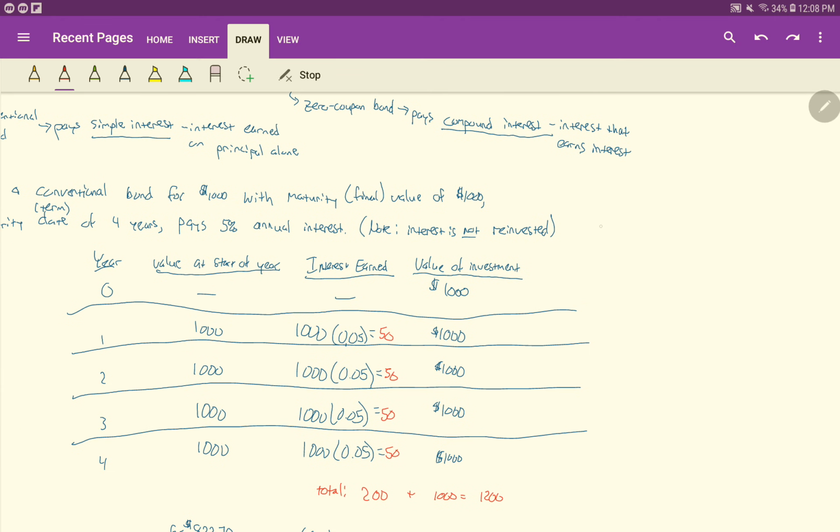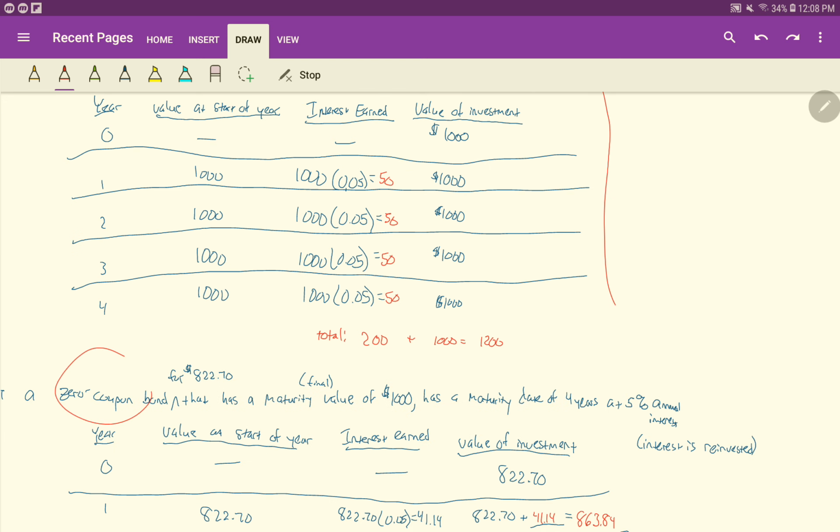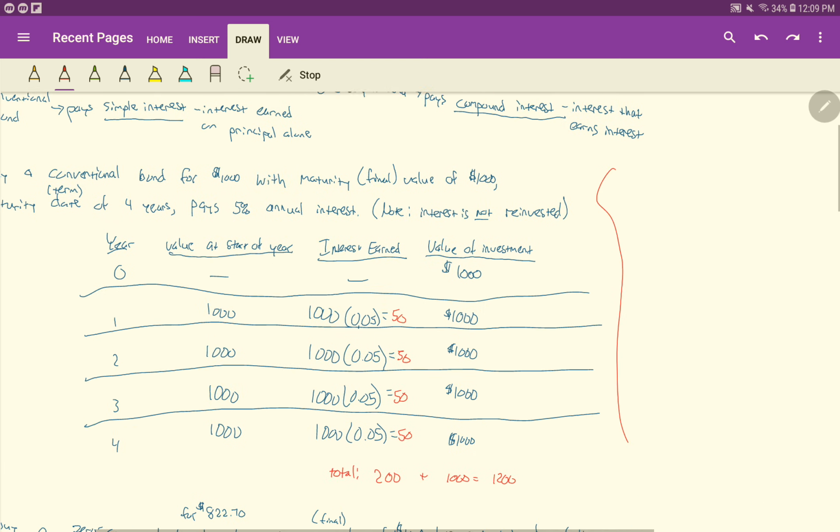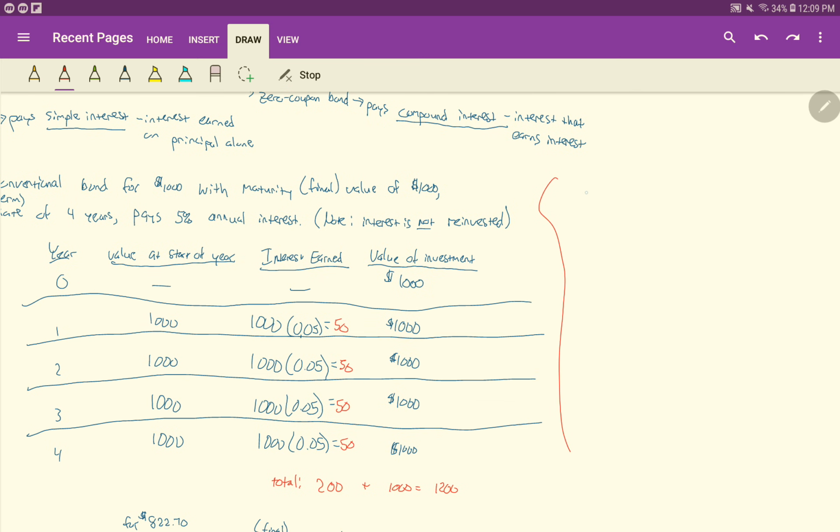So I'm comparing it then. Let's say we put that $1,000 in a zero coupon like we have right here. What's going to end up happening then is the final value will be $1,000 times 1 plus 0.05. Again, we're just going to say it's compounded annually, and again, it'll be 4 years. So if I do that in the calculator, I'm just going to do it on the calculator that I've got by my hand here. You guys can type in that if you want to too. You get